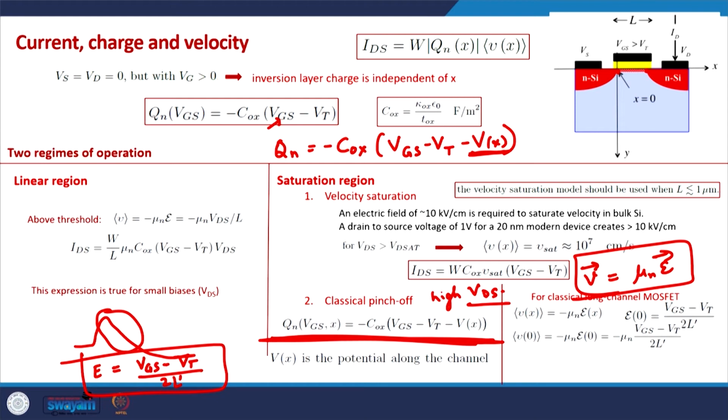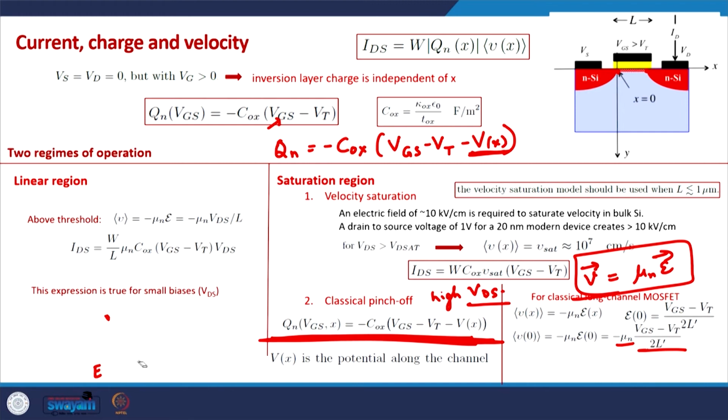Okay. We will see where this comes from as well, but just assume that right at the beginning of the channel, this is the electric field. So, in this case the velocity can be written as minus mu n times this electric field, the charge is this. So, from the general expression of the current, the current in the saturation regime can be written as